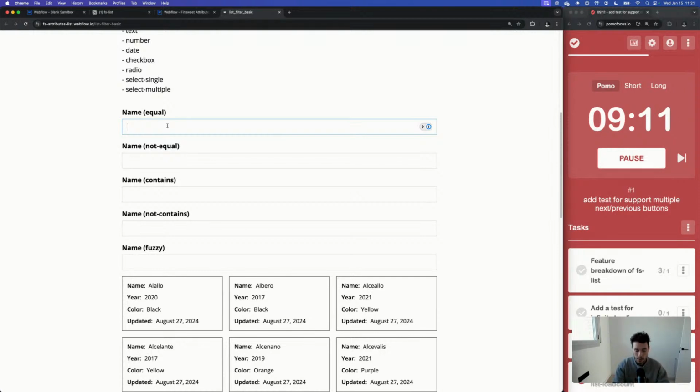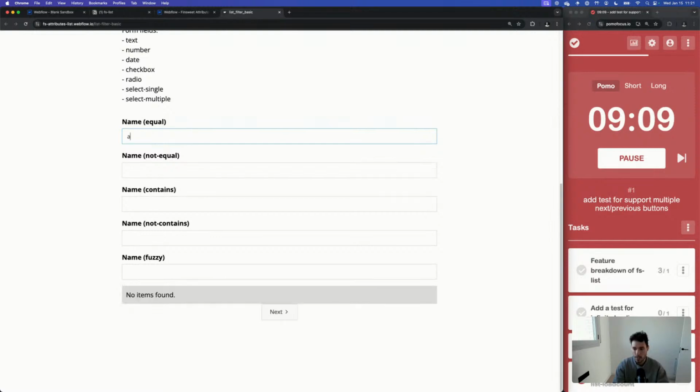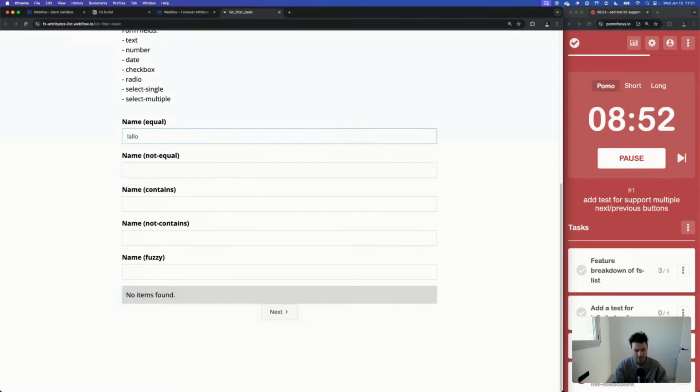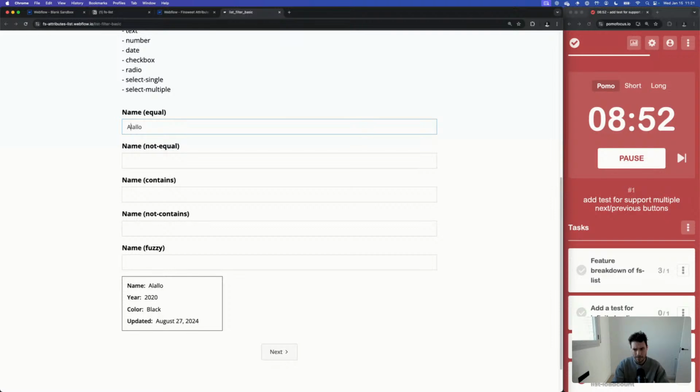So equal, we could say hello, and it matches, but it only matches when it's with the same capital letters. But I don't think that should be the expected behavior.